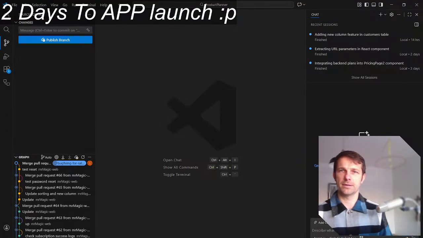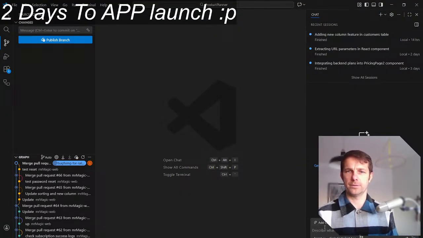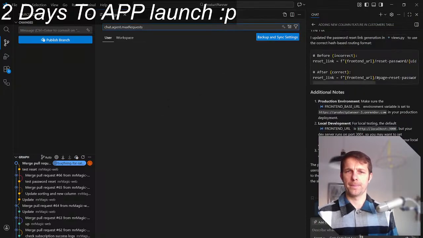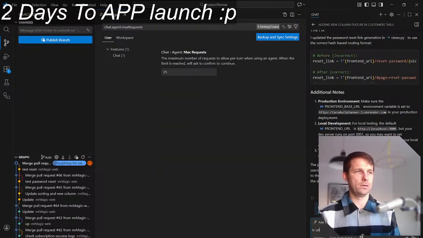So let's ask our AI Lord: in all of our tables, when we remove a column, we should be asked in a modal, not in a browser alert.